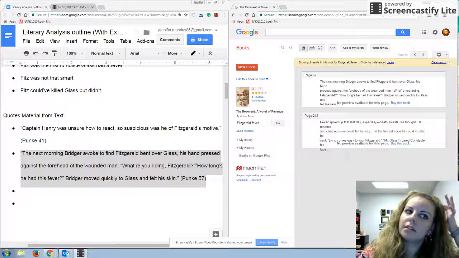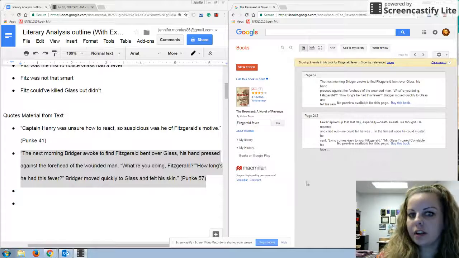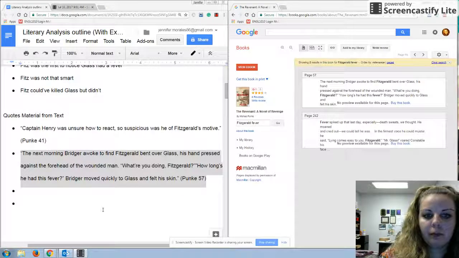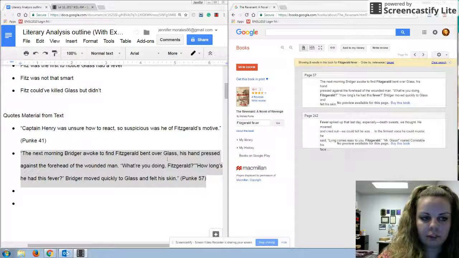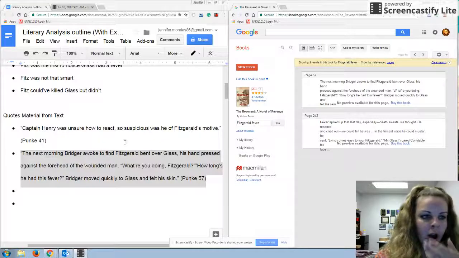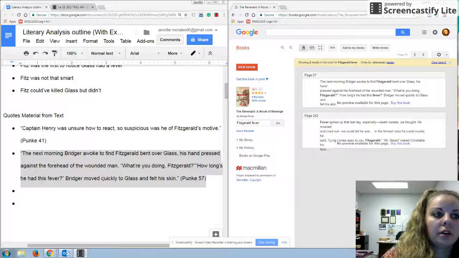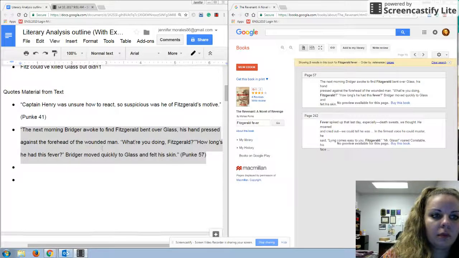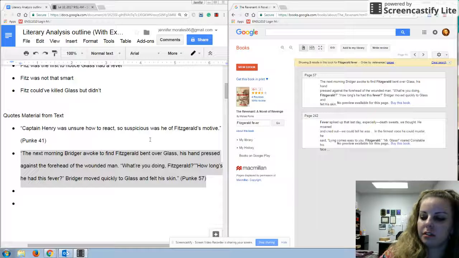Okay, so this is the second part of the explanation of the literary analysis. Before we were talking about how we can relate and show our interpretation of the text and fit it to the quote. Okay, so we already went over about how suspicious the captain was of Fitzgerald, and now we moved on to